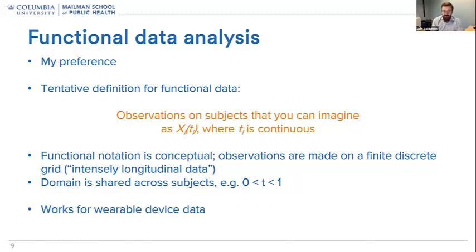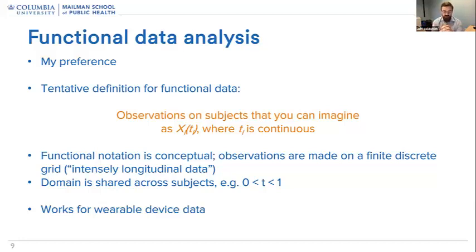Generally speaking, I think about functional data as observations on a subject that are subject-specific, x sub i, measured over some time interval t. And that can be subject-specific, often it isn't, but you have a continuous observation for each subject i. And so in the context of physical activity, I'm thinking of the underlying process, physical activity measured over 24 hours, as a continuous function. And I have an observation of that function for each participant. I have one functional data point, one complete curve for each subject or for each day. And in that case, we do in fact see exactly the same grid for everybody, midnight to midnight